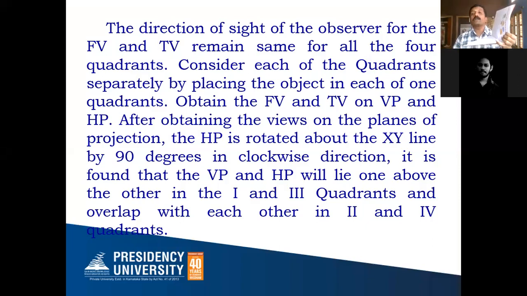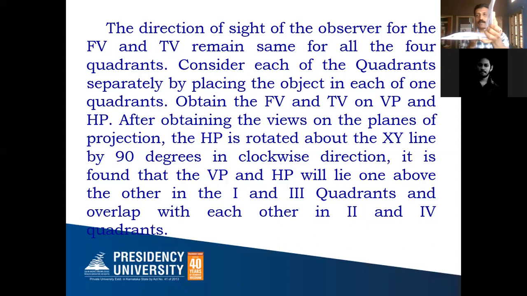Now I need to draw the projection for this object which is placed in the first quadrant. The principle of projection says it is assumed that the object is 20 millimeter above HP and 50 millimeter in front of VP. The object is here, in the first quadrant. The observer is here. I cannot draw the top view on one sheet and the front view on another sheet. I need to draw the projection. The definition says we have to represent the three-dimensional object on a two-dimensional plane. For that, what is the procedure that we have to follow?